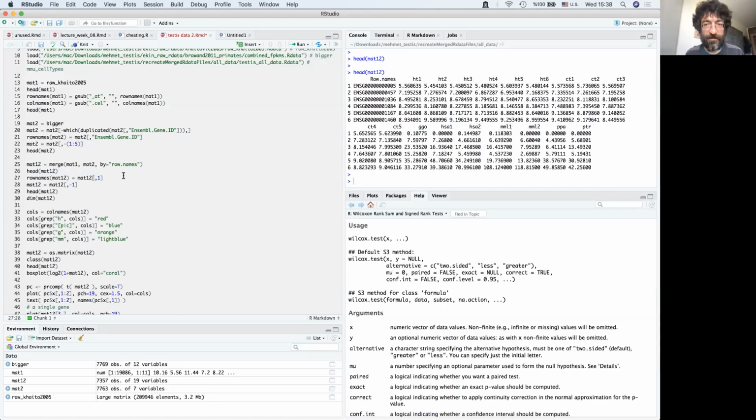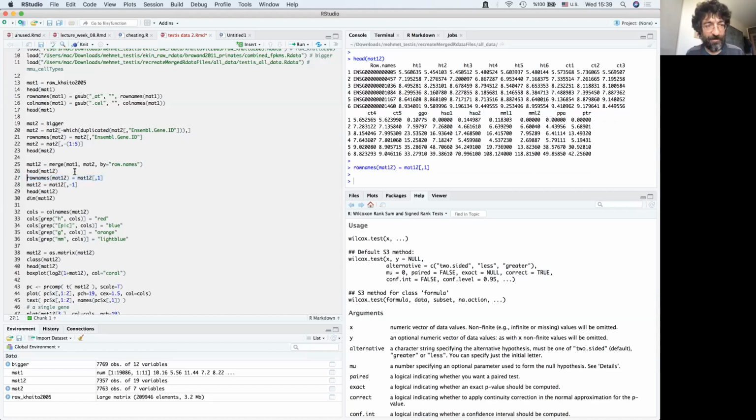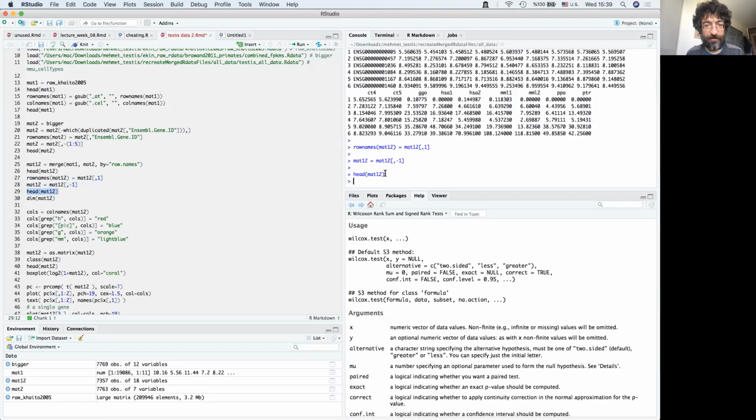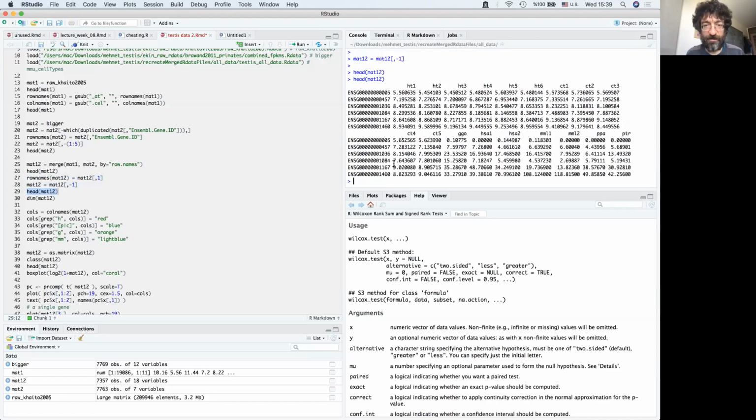And we can do that, but first we need to get rid of this column because this is non-numeric, as you see. And it's also nice to have the row names back again. So what we can do is assign row names first from the first column. So I take the first column and assign it as the matrix's row names, and then I remove the first column itself. Okay, now it's in nicer format.